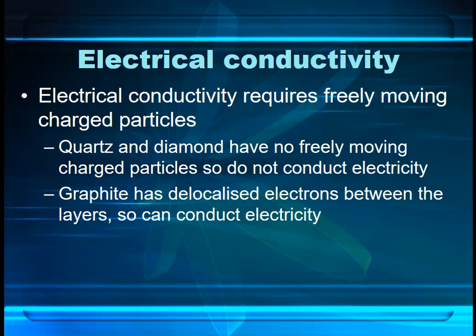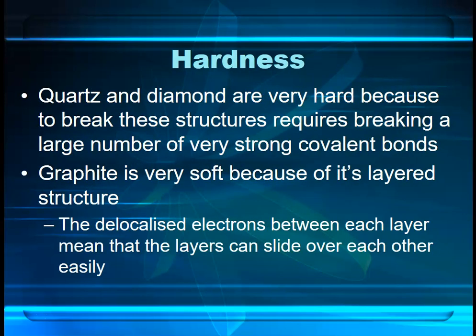And the final property is hardness. Now, diamond and quartz are both very hard substances. On the Mohs scale of hardness, I think diamond is a 10 because it's the hardest substance, and quartz is around a 7 or an 8 from memory. That's because when you try and cut or break a chunk of diamond or quartz, and it is possible, you have to break all of the covalent bonds. And there are a lot of covalent bonds because it's a three-dimensional structure. So because you're breaking large numbers of covalent bonds, it requires a lot of effort,